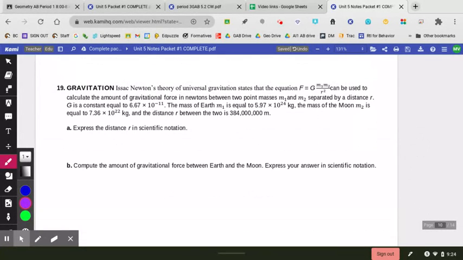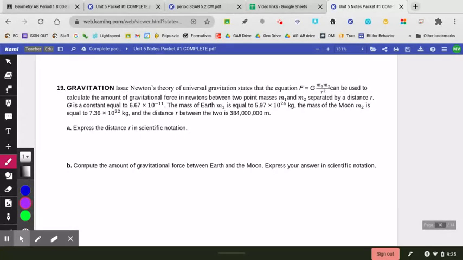So gravitation. Isaac Newton's theory of universal gravitation states that the equation F equals G m1 m2 over r squared can be used to calculate the amount of gravitational force in newtons between two masses m1 and m2 separated by a distance r. G is the constant equal to 6.67 times 10 to the negative 11th. The mass of Earth, M1, is equal to 5.97 times 10 to the 24th kilograms. Mass of the moon is 7.36 times 10 to the 22 kilograms. And the distance R between the two is